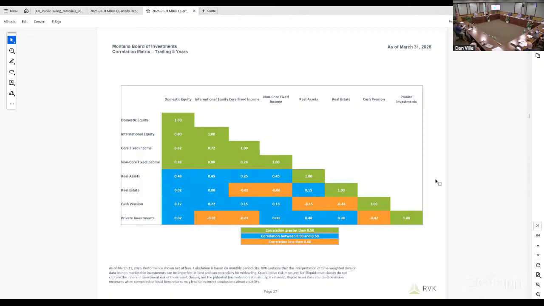So what do I care about most? I care about being able to pay benefits. I have to pay benefits every month, and it doesn't matter what the economic environment and investment environment looks like. So at the end of the day, I want to be able to pay benefits for an extended period of time without tapping assets that I really don't want to have to tap. So if the markets are getting killed and we're down 50% in domestic equities, I don't really want to have to sell domestic equities in order to pay the bills, as it were.